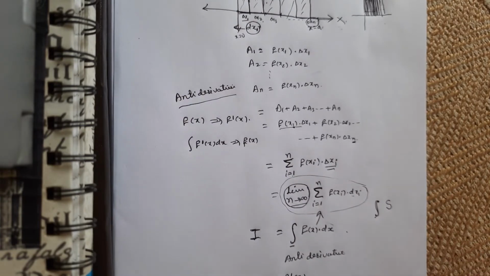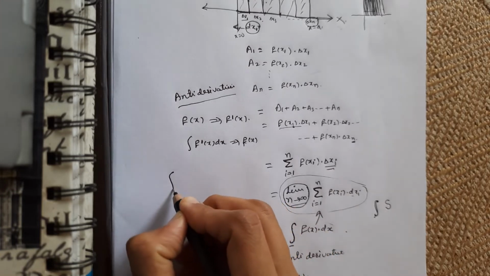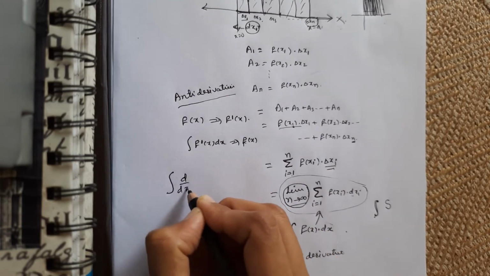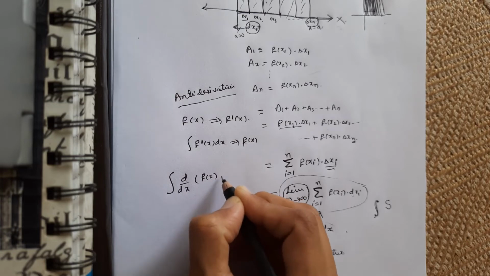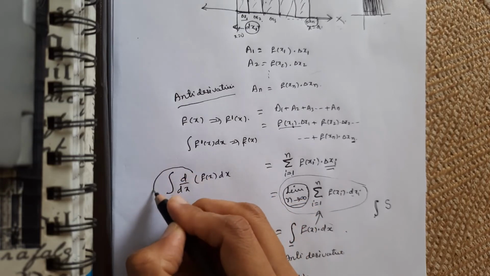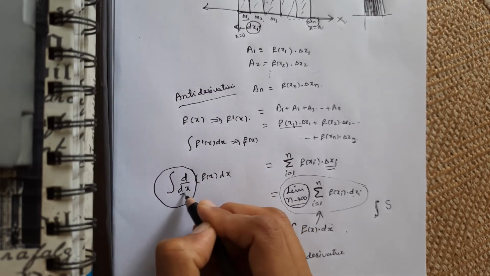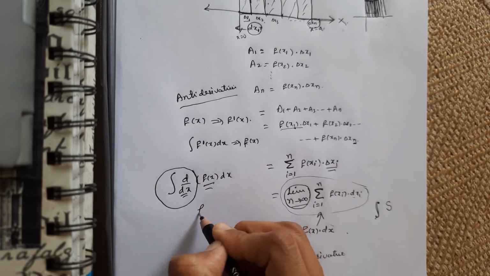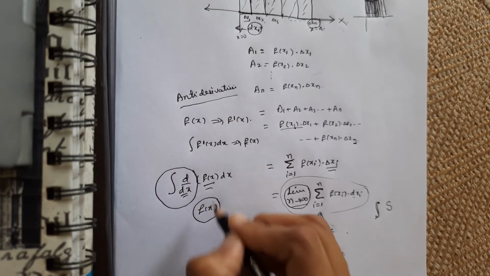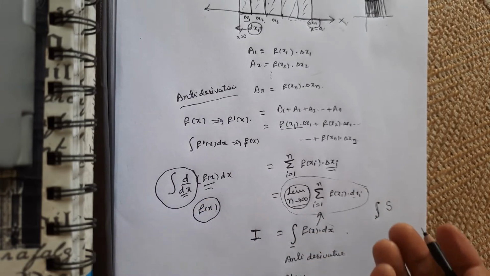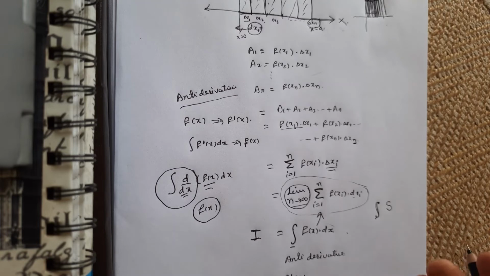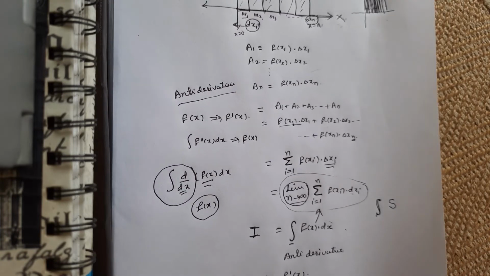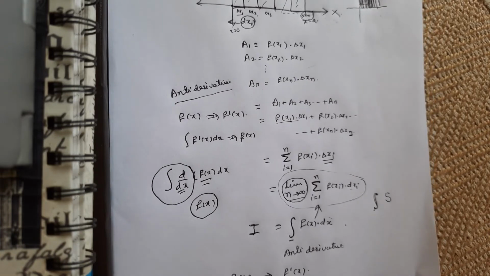That's how it is represented. Or in a simple way, just remember that whenever you take integration and d/dx of f(x) dx, the integration and the derivative operator cancel each other and we only get f of x here. Okay, this is just to remind you, but it is the antiderivative part. So I hope you understand up to this much. Just let me know in the comment section.